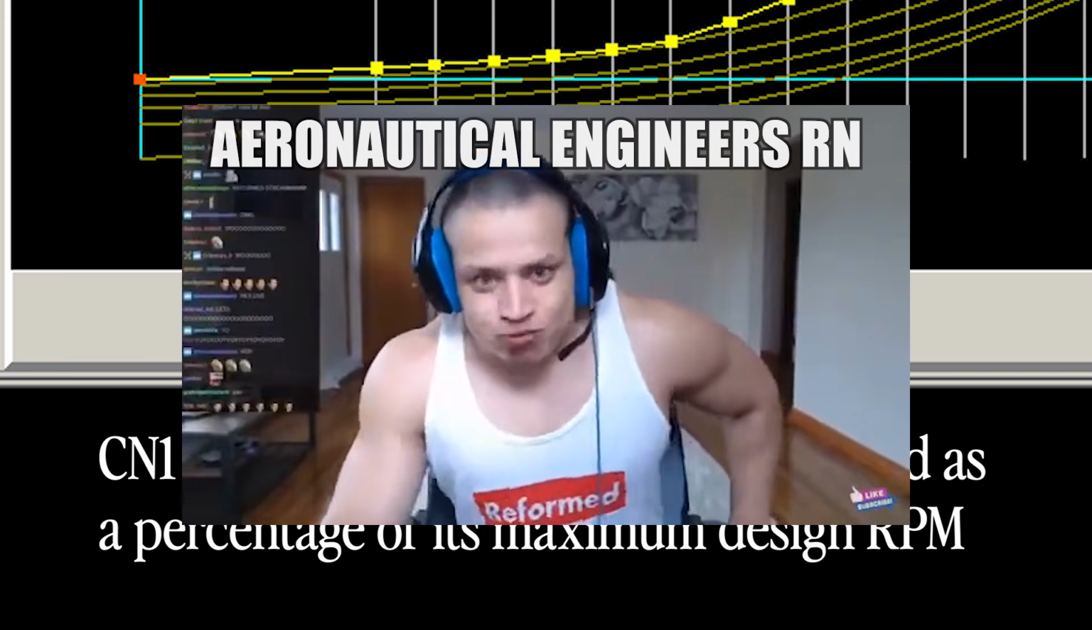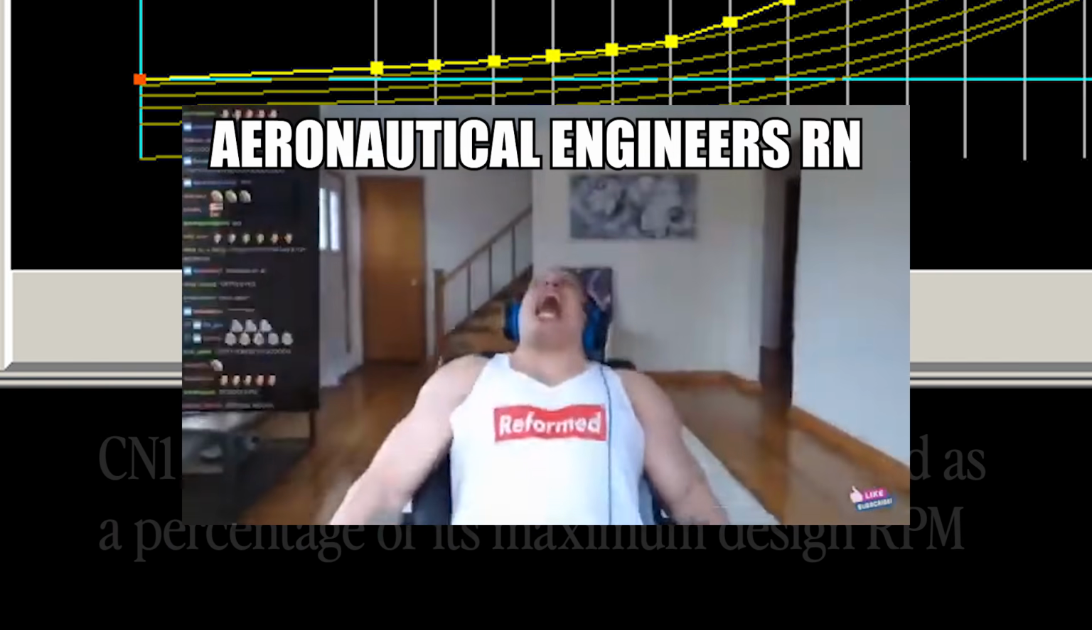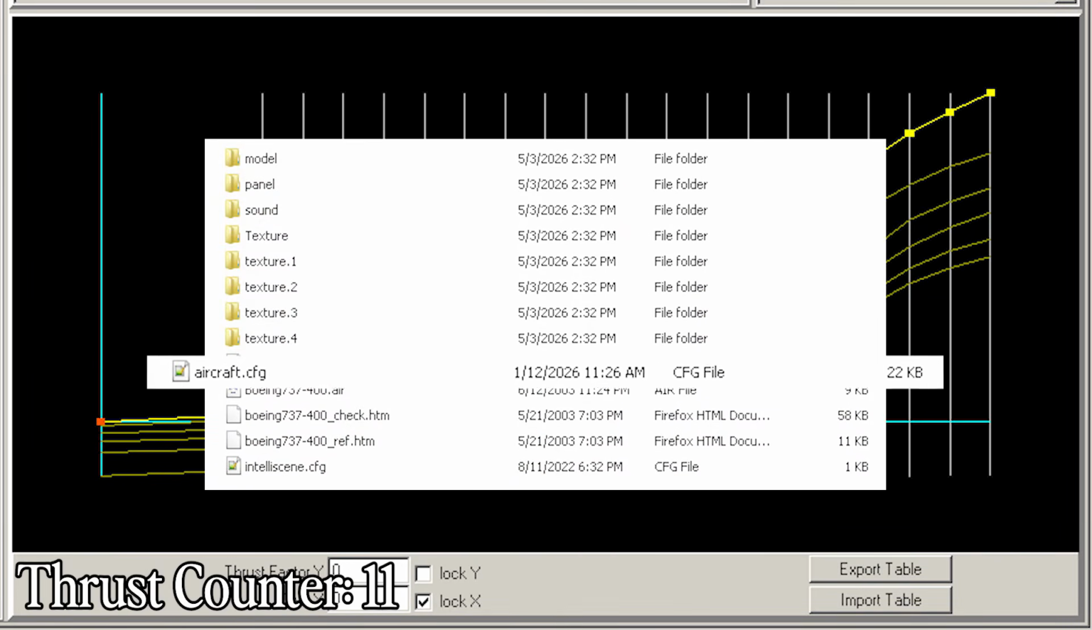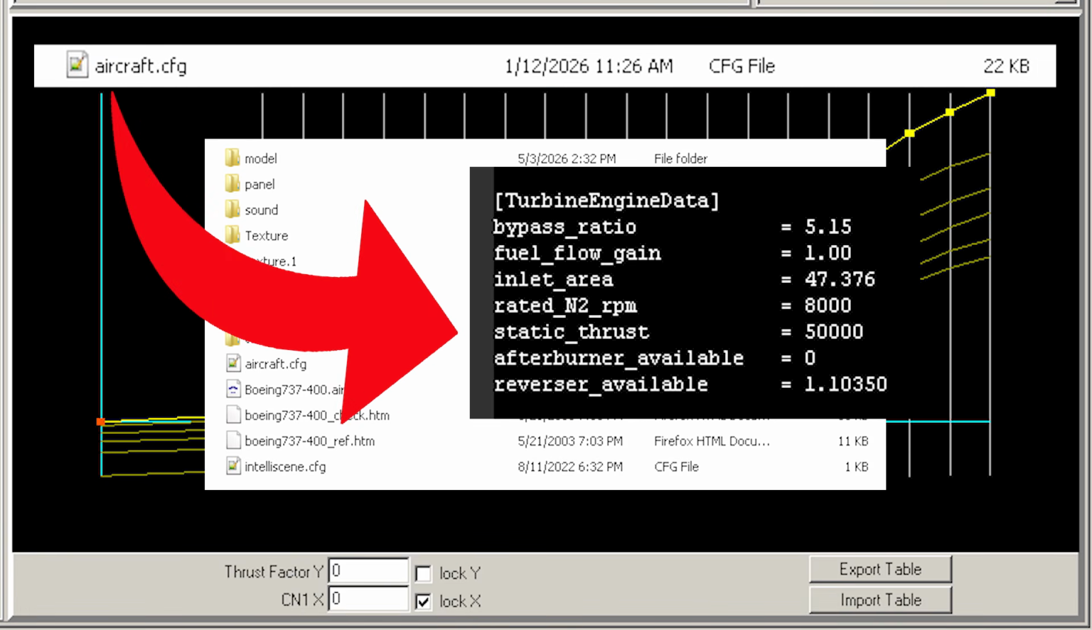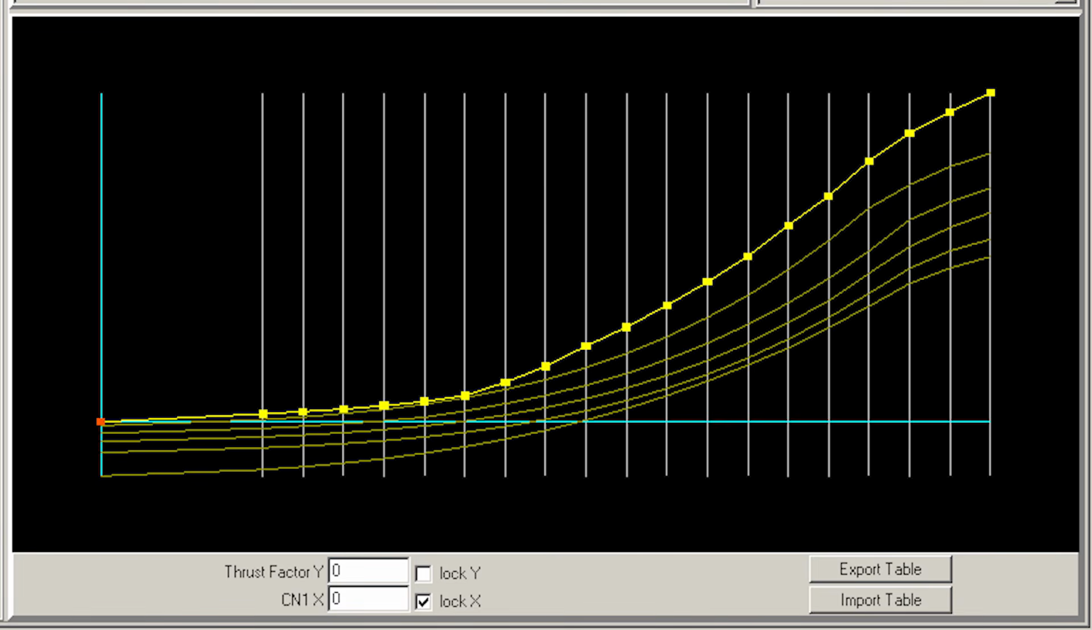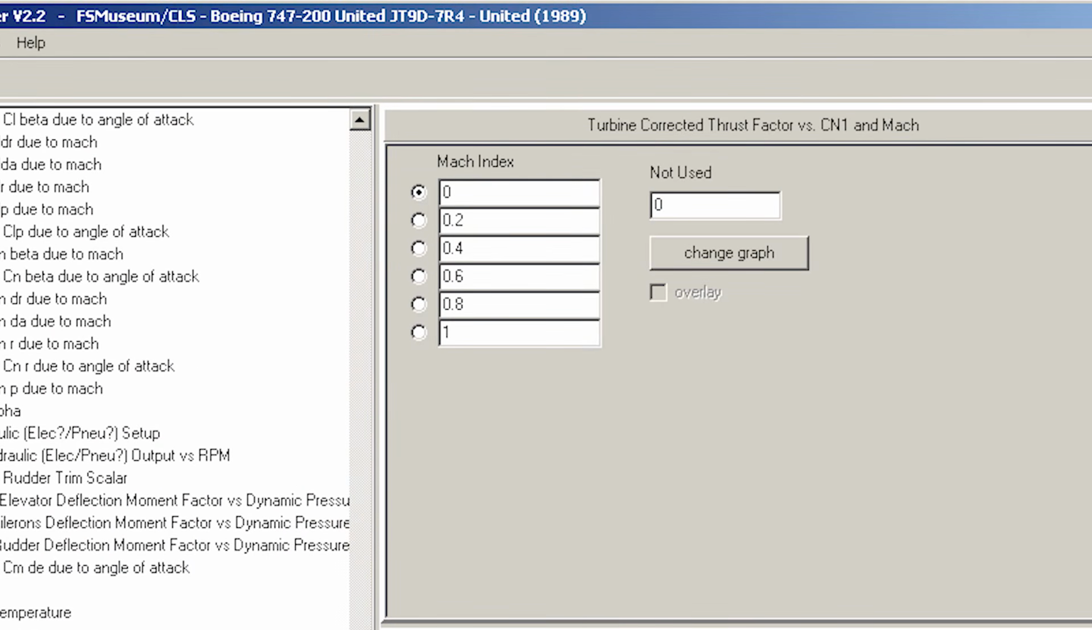If you're an aeronautical engineer, pretend you didn't hear that. The y-axis is our thrust factor, which is applied to the thrust rating value in the aircraft's configuration file, referred to as static thrust, because it represents the engine's maximum safe thrust output when sitting stationary, or static. There are multiple curves on the graph for different velocities, but we really only need the line corresponding to 0